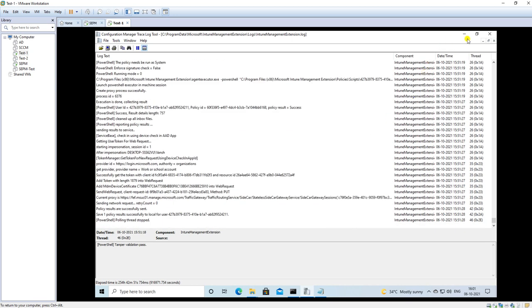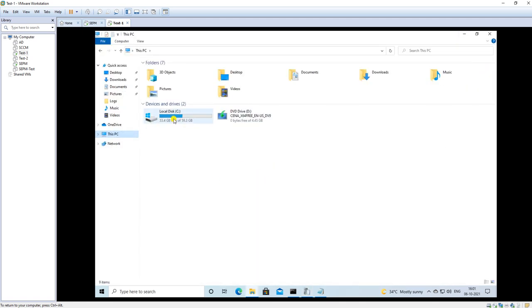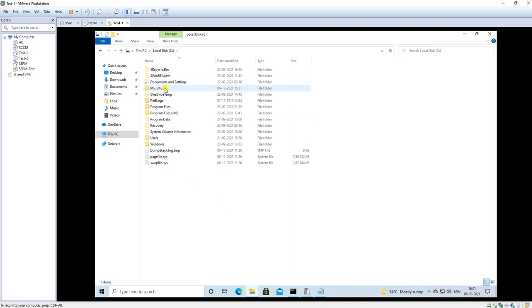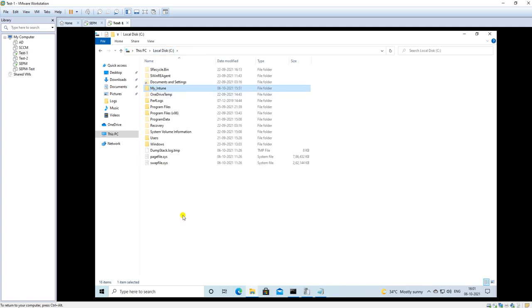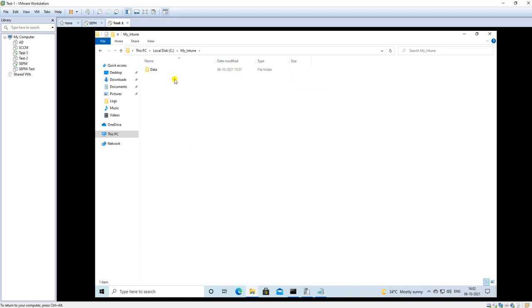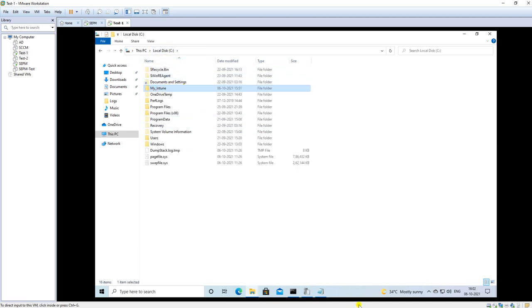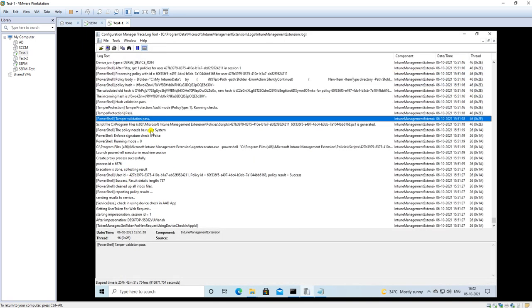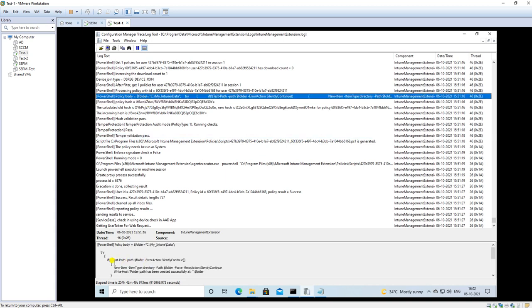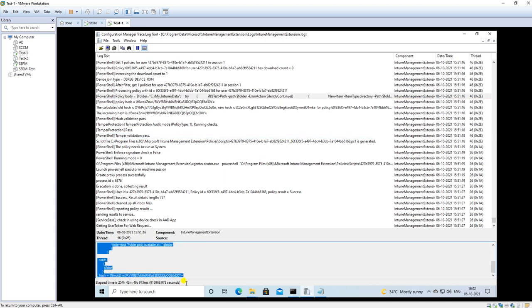And let me go to the folder, and we can validate whether it executed perfectly or not. So go to the C drive, and wow, here is the folder created. This is what we were expecting to be created, MyIntune and inside a Data folder. So two folders are created with running the script. So you can go as I showed you with the PowerShell tag, and you can get the command line you executed here.